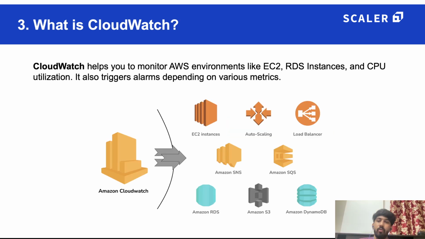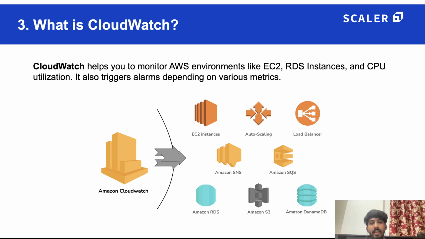Okay, next comes CloudWatch. So what is CloudWatch? CloudWatch helps you monitor AWS environments like EC2, RDS instances, CPU utilization. It also triggers alarms depending on various metrics. So to be very, very simple, CloudWatch is a monitoring tool which essentially and especially monitors AWS resources. That's EC2, RDS, all of those resources would be monitored by CloudWatch, even if you haven't enabled it, because CloudWatch is